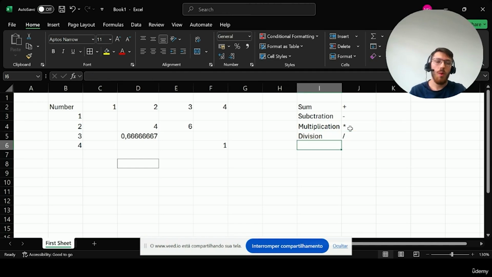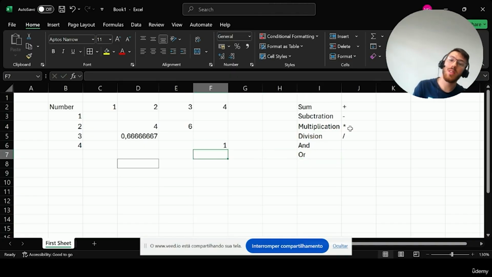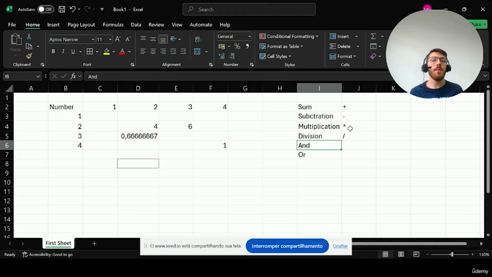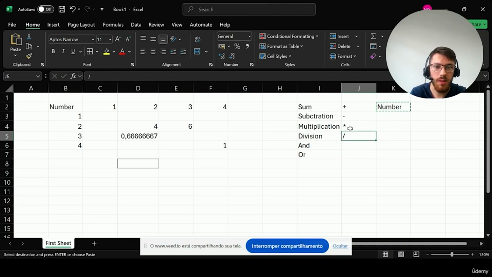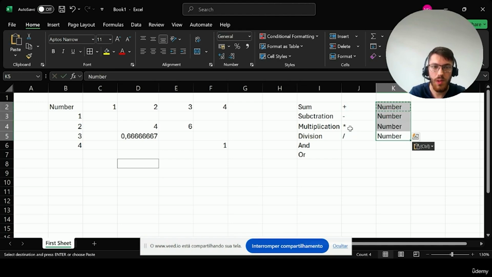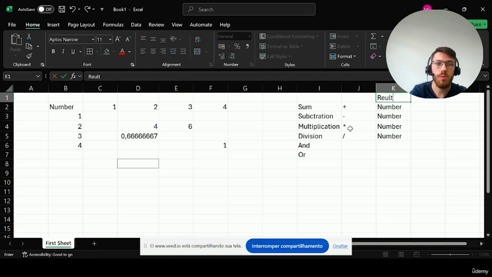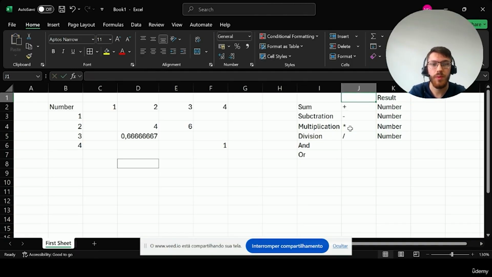What more do we have? When we talk about mathematical logic, we have the AND and we have the OR, right? Here on Excel it is no different. But you have to understand something. When I use this one, I'm not making any multiplication, division, sum, or subtraction. Those operations result in a number, right? These 4 result in a number. Let's put here: result, symbol,